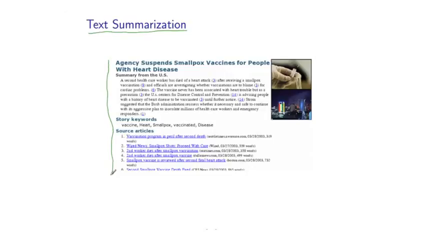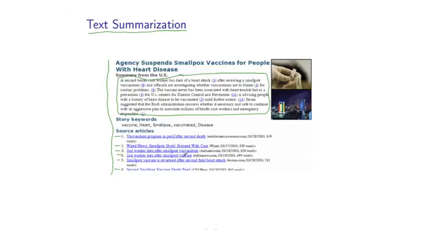It will take multiple documents on the same news story and produce a condensed summary of the main content of those documents. So in this particular example, we have a large group of documents all about some vaccination program. And here is a summary which attempts to capture the main information in all of these documents.